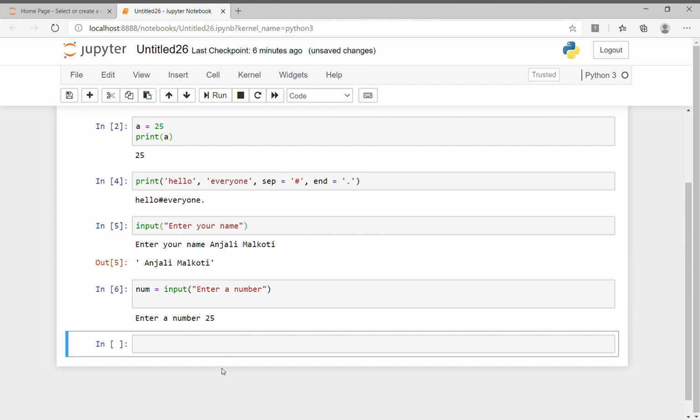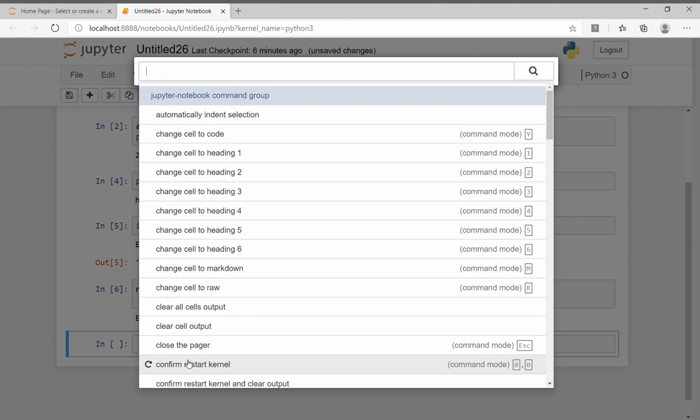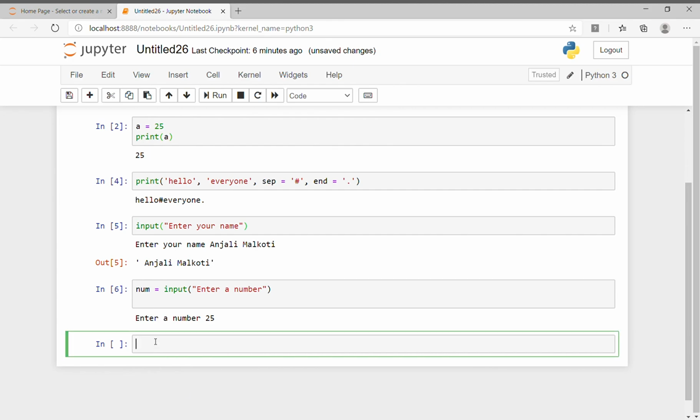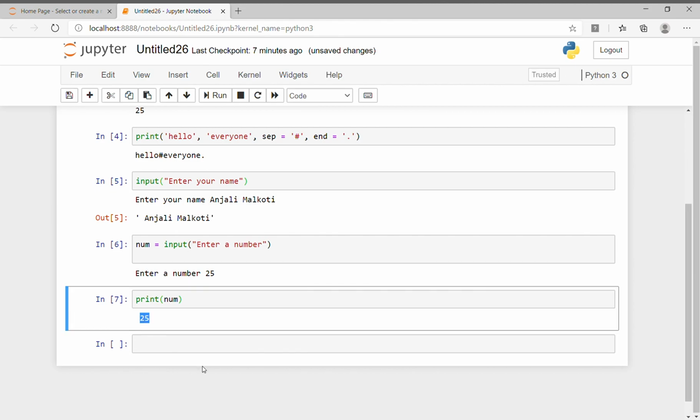So 25 is the number which is already stored in num. If we want to check that we have this number inside num, we need to type print, and with the help of the print function we can get this value, and I'm getting 25, right? So these are the ways you can use the input and print functions in your Python program.